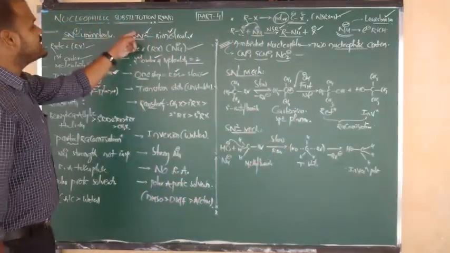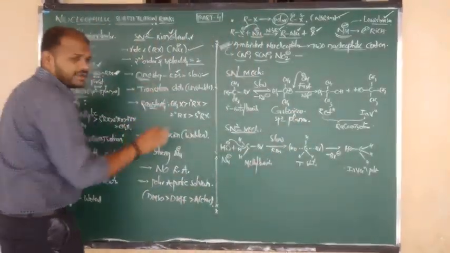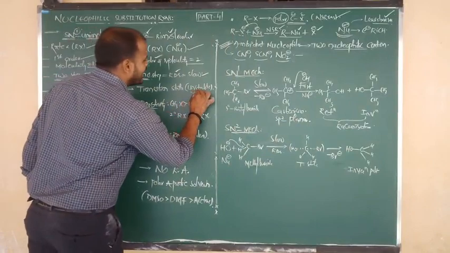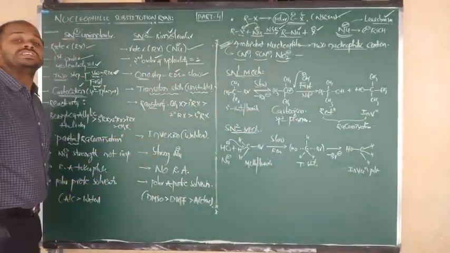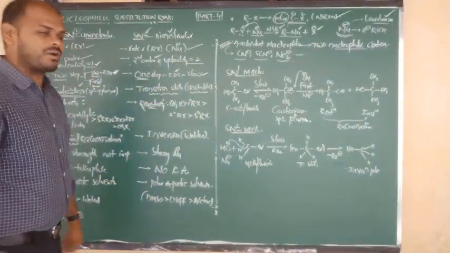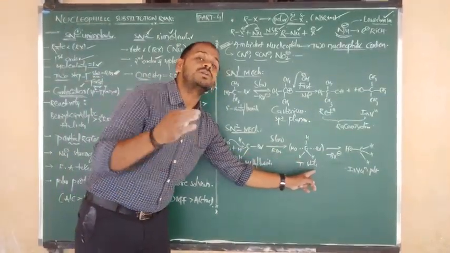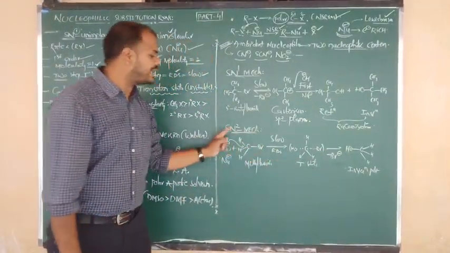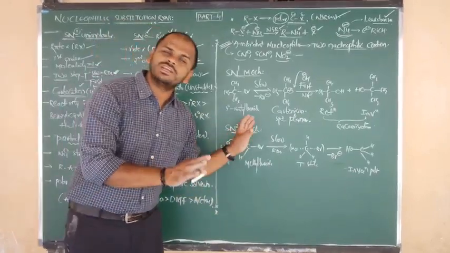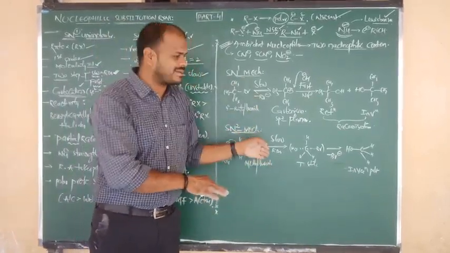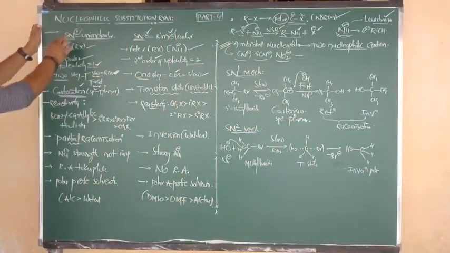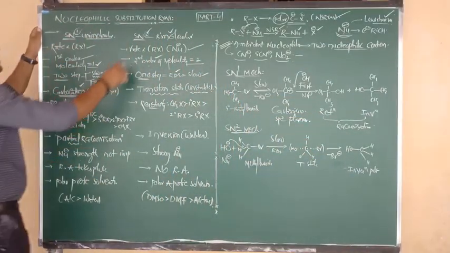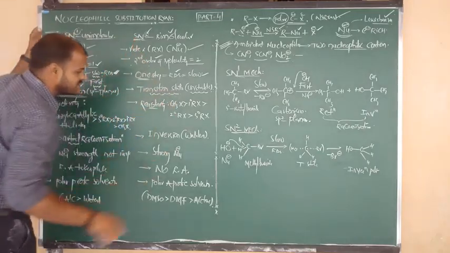Good. And what is the intermediate in SN2? Not an intermediate, it is an unstable form. The unstable form's name is transition state. Like that unstable transition state, we get in the SN2 mechanism, and within a fraction of a second it disappears and changes into the respective product. Good. So here the intermediate form is carbocation, but in SN2 the unstable form is the transition state.